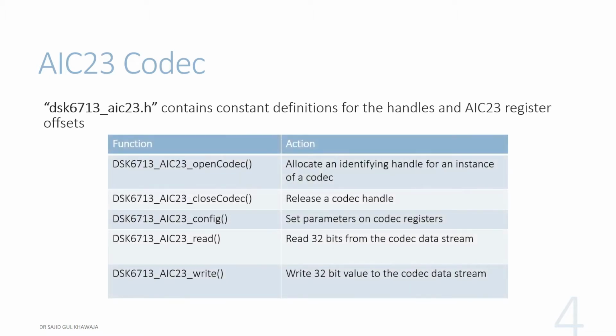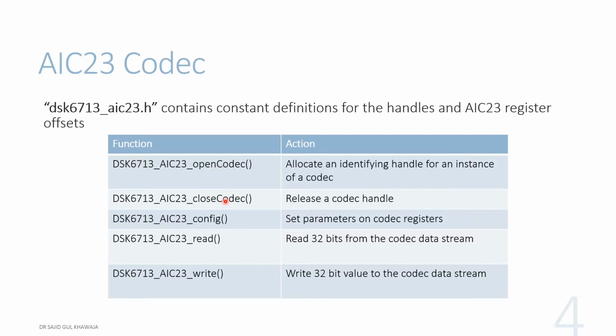Here we'll be talking about 4 to 5 of the main functionalities that are often used whenever we are going to deal with AIC23 codec. I'll simply name them and then we'll discuss them one by one in the later slides. The first command is AIC23 open codec. This command is used to open a codec with regard to certain configuration parameters. Second, we have the close codec. Once we are done with the processing or once we are done with the codec, we need to close the codec